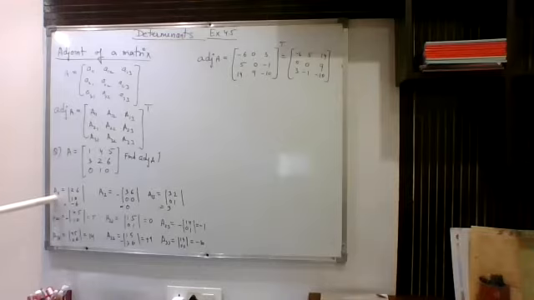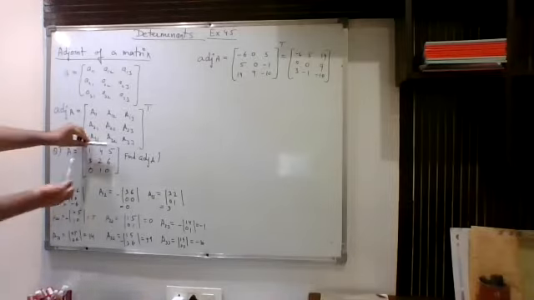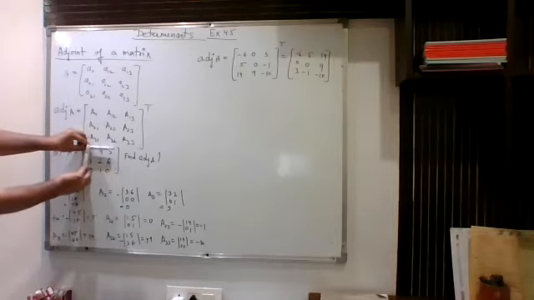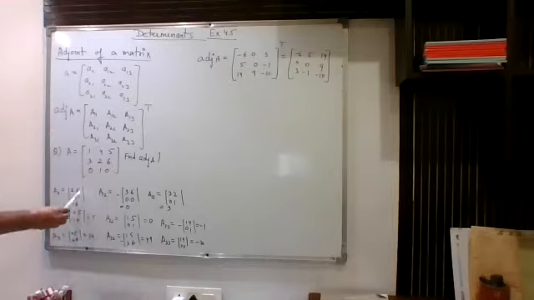So first of all, A11. A11 means you have to find the cofactor corresponding to this element 1. This is how I had written: delete the row and column along it. So we are left with [2 6; 1 0]. That is what I had written. Now after that you have to simply solve it, so it is coming out to be -6.